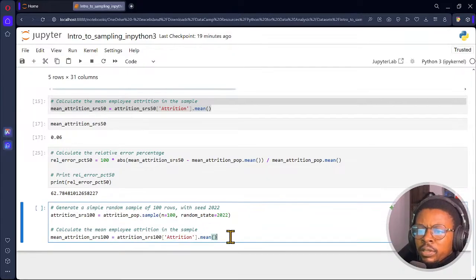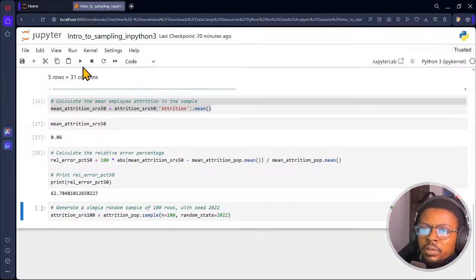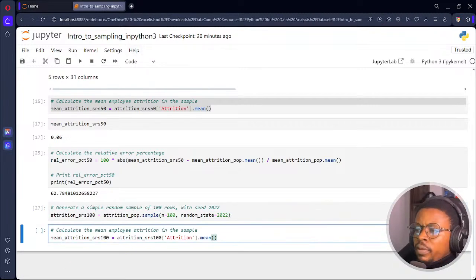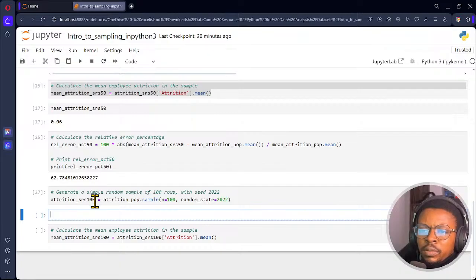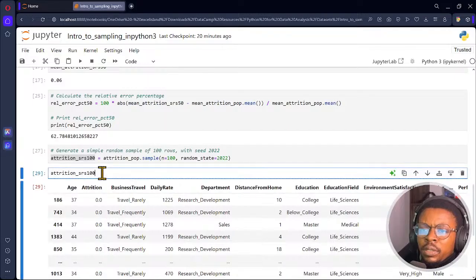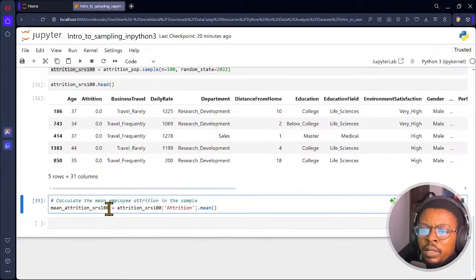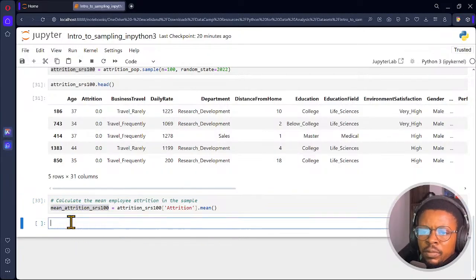Okay, now I want to get 100 samples. I have to cut that out. After I get the samples, let's look at what 100 rows of data mean. That will be long. These 100 rows samples of data. Let's cut that down to the first 5 rows as usual. Now let's get the mean of the attrition column for 100 rows. If I look at the mean attrition for 100 rows,